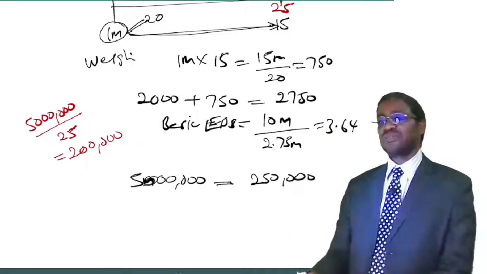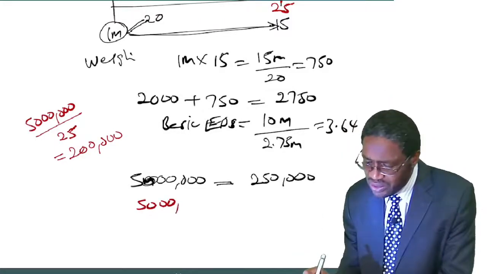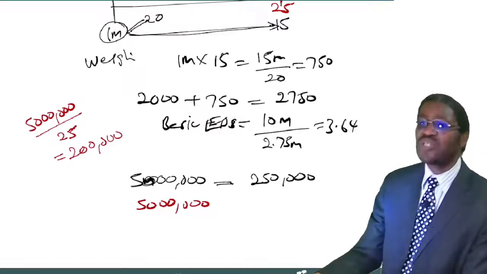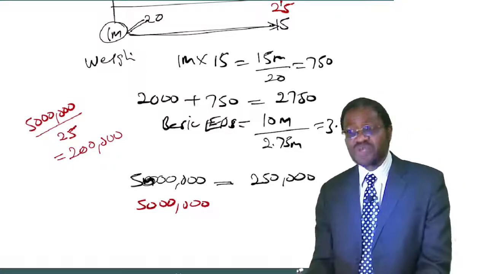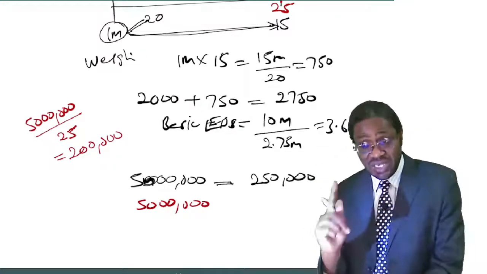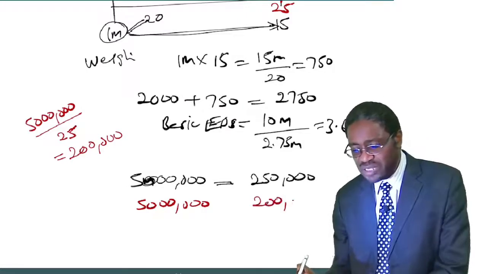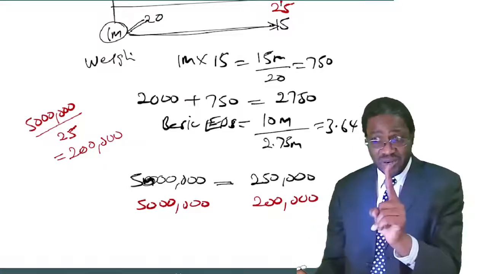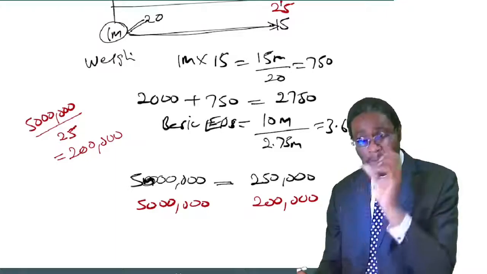That's agreed. But now we are saying, suppose you bring in this 5 million at a time when the market price is no longer 20, but the market price is 25. So we are saying, your 5 million shillings will be enough only to buy how many shares? 200,000. Listen, your 5 million shillings will only be enough to buy 200,000. But,